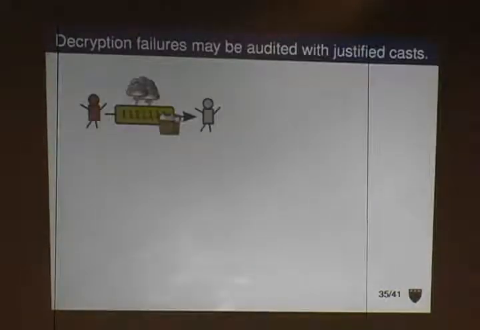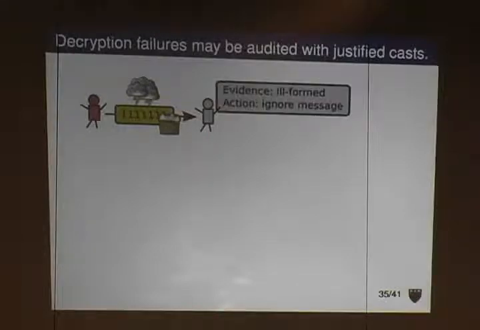So let's go back to our example of Alice and Bob before the Phillies game. So now if Alice sends Bob a message and the bits are just all askew because there's been some noise on the network, with overwhelming probability, it's not the case that the ciphertext got messed up and then the digital signature on the proof got messed up in a way that everything matched up. So we just get something ill-formed. Bob knows to ignore the message. And the transport layer can take care of this.